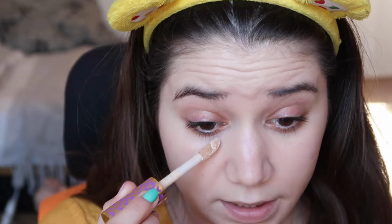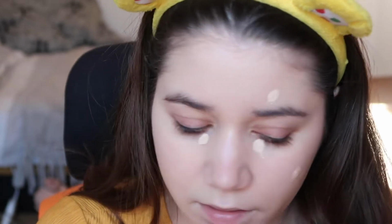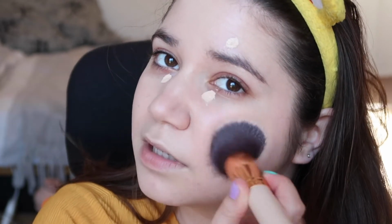Since the foundation didn't cover everything, I'm gonna go in with a concealer, and you can use a light coverage concealer if you want. I'm gonna go with the Tarte Shape Tape, and I'm just gonna use it sparingly. One dot here, one dot there, and then 2 dots on my pimples as well, which in hindsight I should have probably applied with my finger, but never mind. And I'm gonna just pat them into my skin